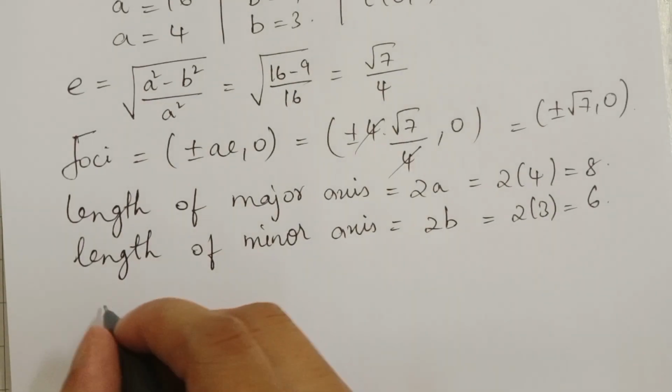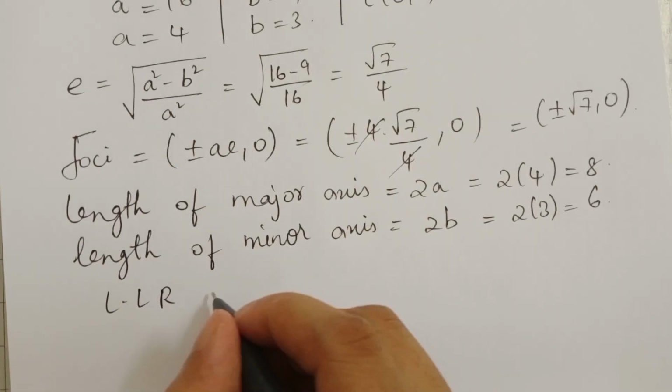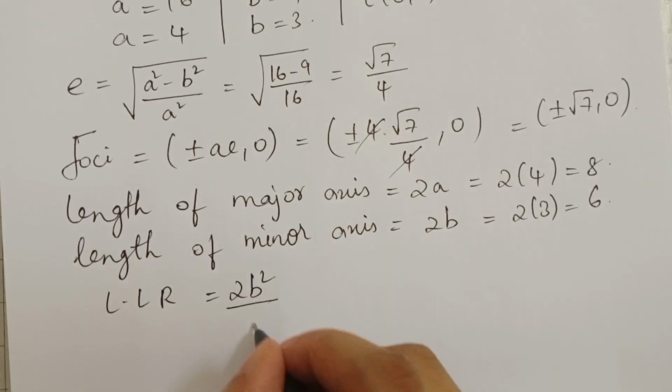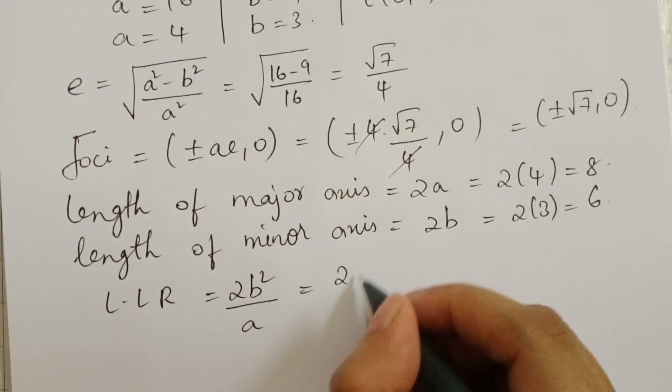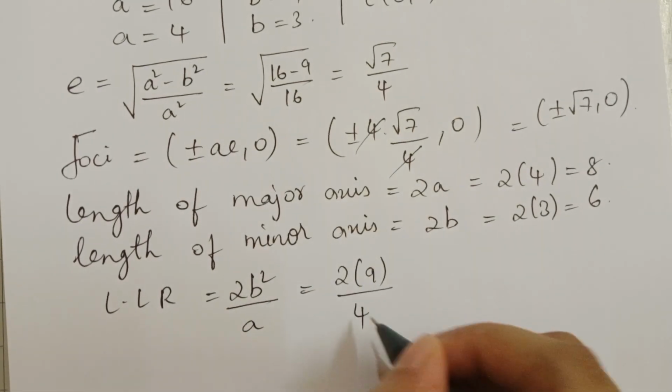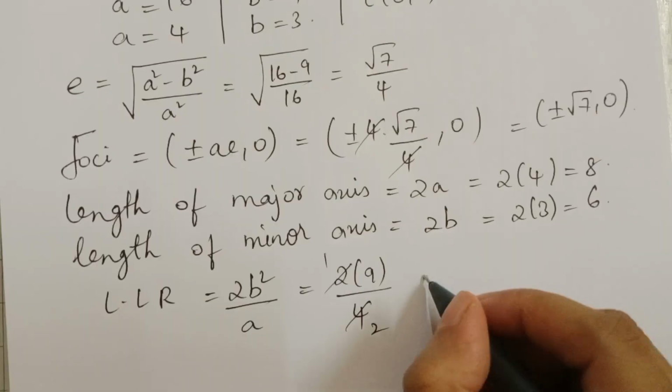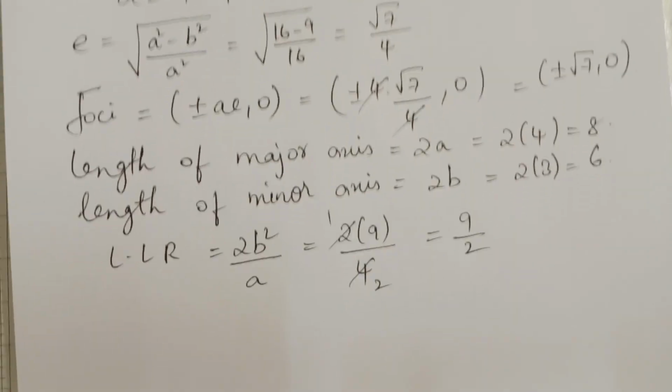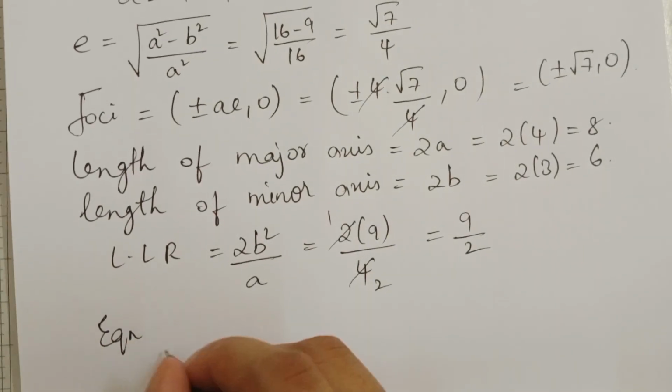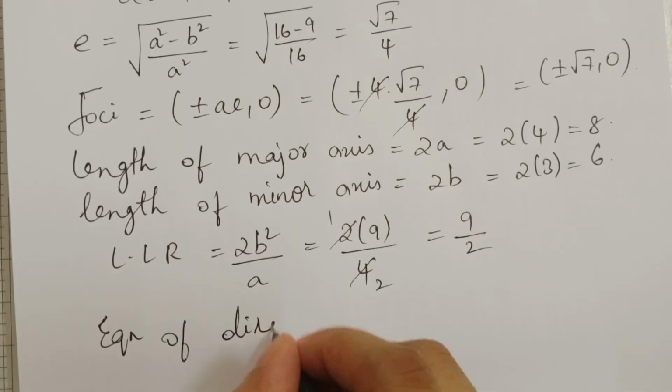Now we should find the length of latus rectum, which is equal to 2b square by a, which is equal to 2 into b square value is 9 by a value is 4. 2 ones are 2, 2 twos are 4, so it is 9 by 2. And equation of directrix